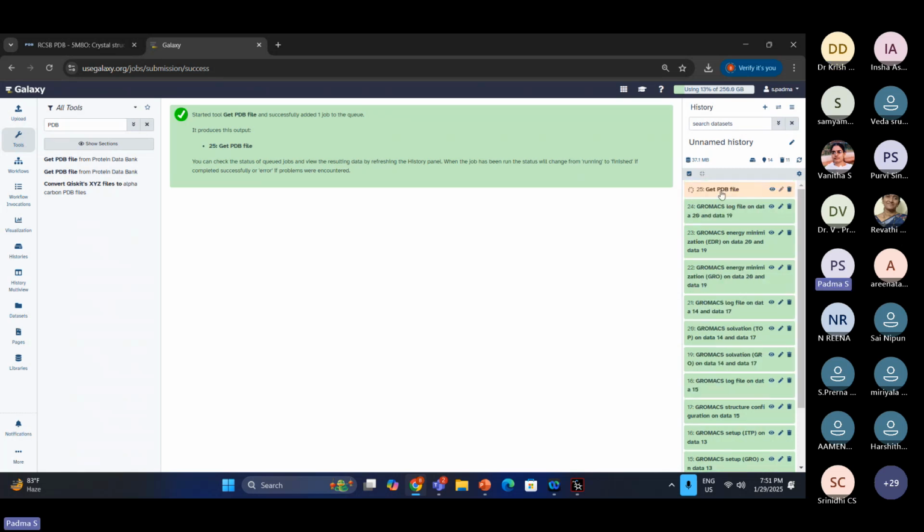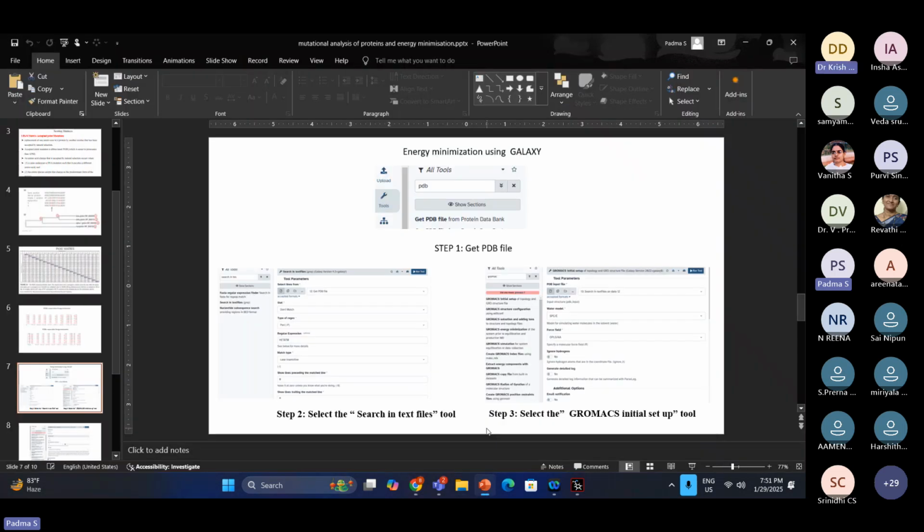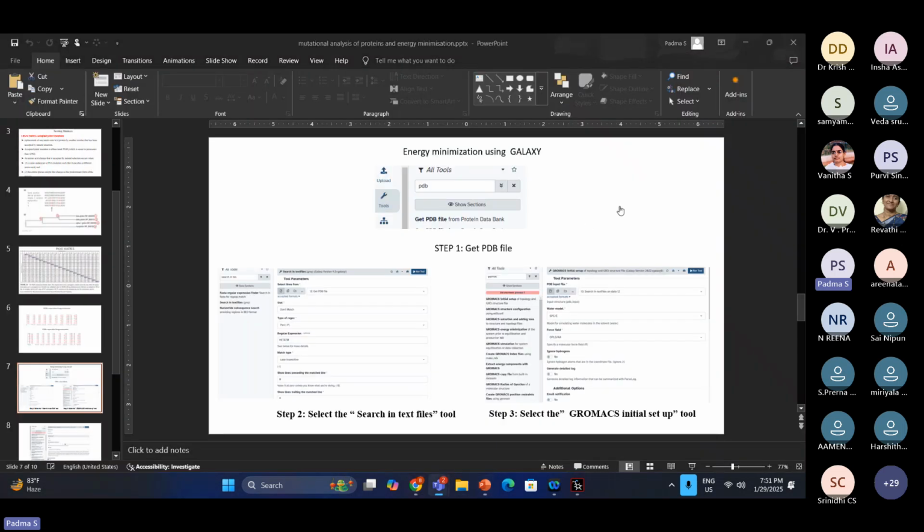So you can see that it is working on that, and it would be getting the PDB file. Now the PDB file has come. So what is the next step you are going to do in this? The next step which you are going to do,